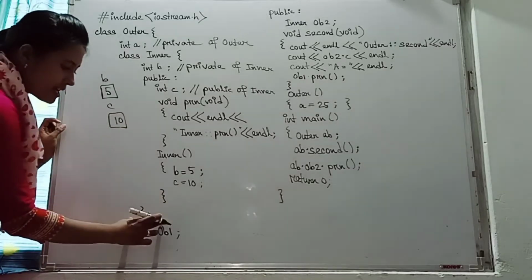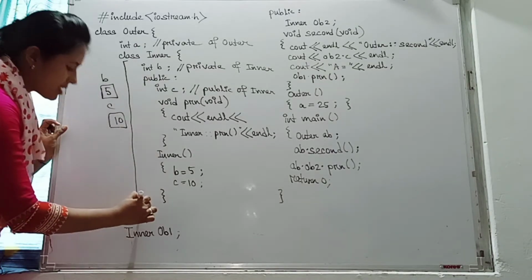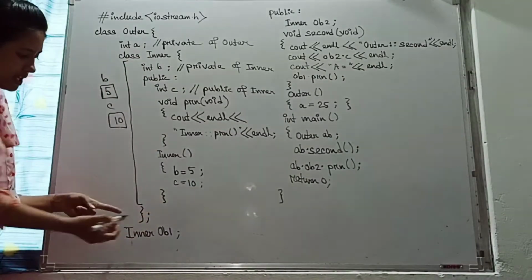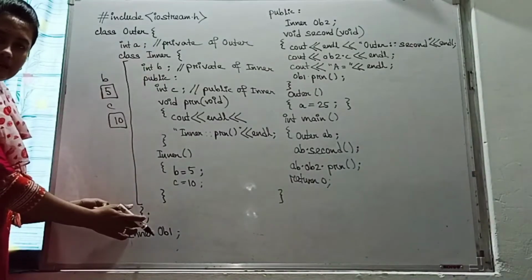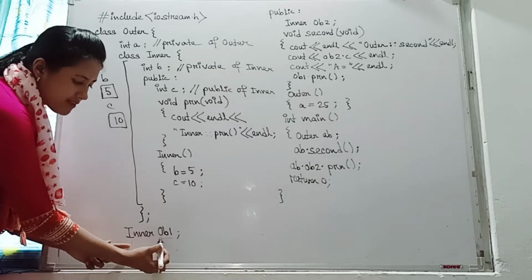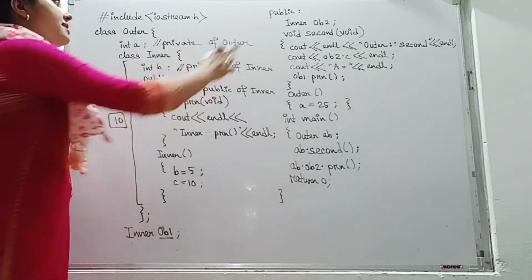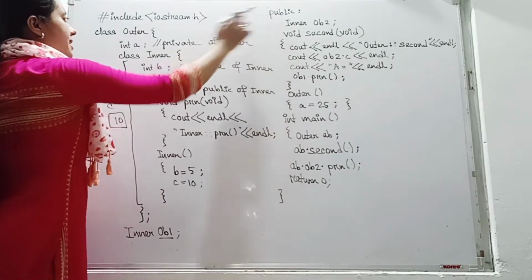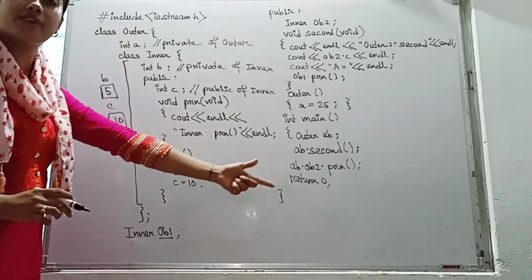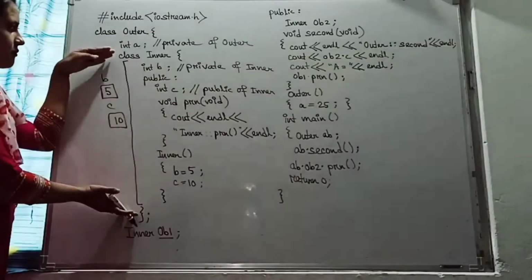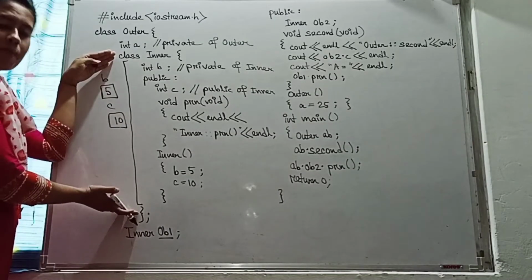So now our inner is over here. Our inner class lifetime is up to this one. You see here we have closed the class inner. Now for inner we have assigned an object OB1. Now let us move here. This is the public declaration of which class? Class outer, you remember, because class outer is not over till now. Only the class inner we have covered up. Class inner, its scope, is up to this much.